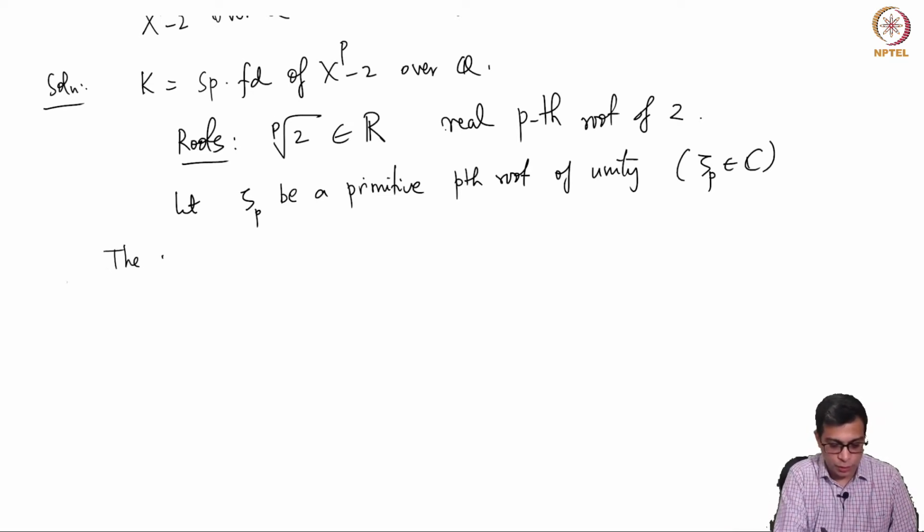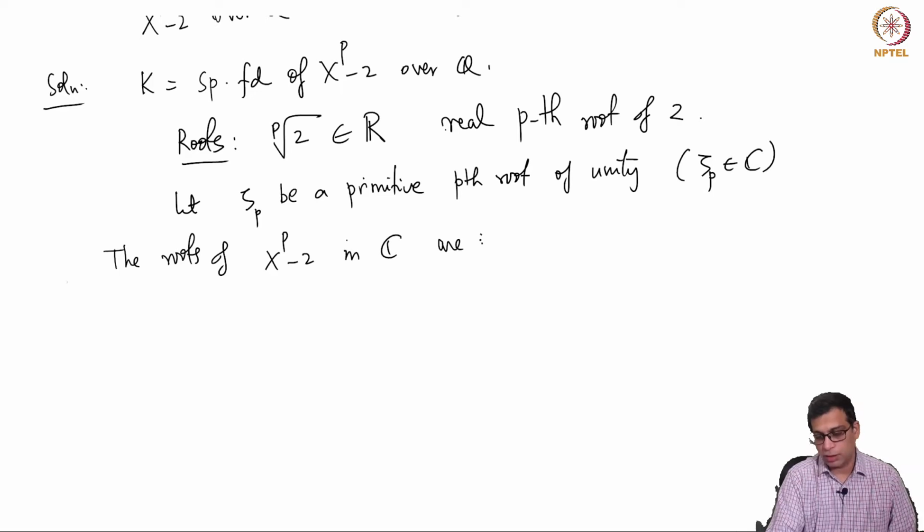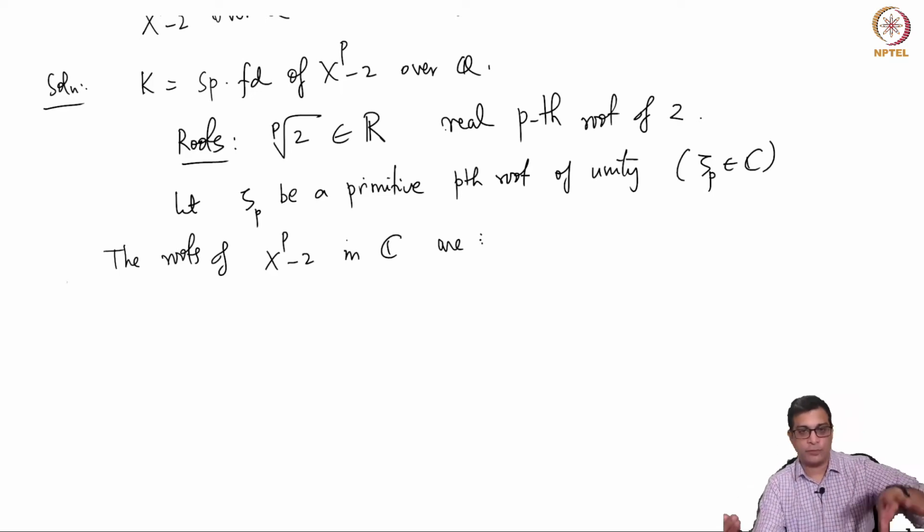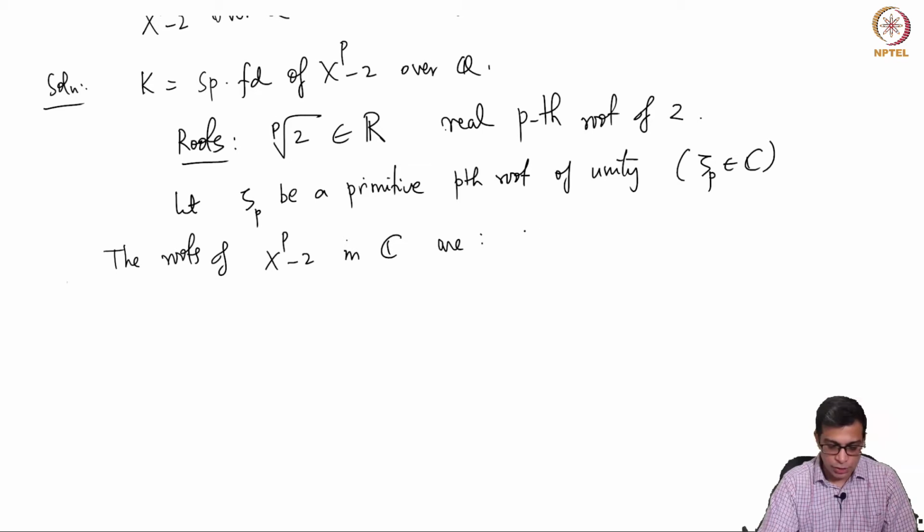So then the roots of x^p minus 2 in C are, remember there is a God-given algebraically closed field that contains Q. So we can always take roots there and then generate the splitting field by taking the field generated by the roots. So the roots of x^p minus 2 in C are, you can easily prove this,